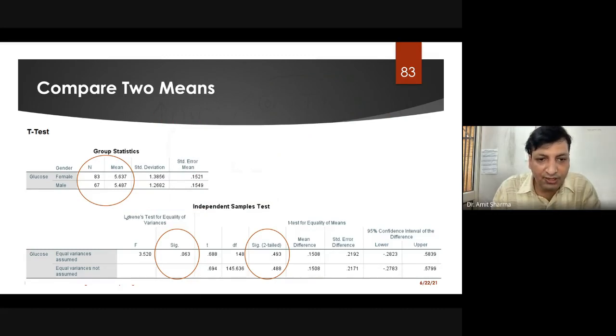Now, the Levene's test results. What is it showing? It is showing a significant value which was found to be 0.063. We have a 0 here and we have a point. Maybe you are not able to see it on the presentation, so I'll just mark it. Now this significant value is not the significant value of the independent sample t-test. It's the significant value of Levene's test, which represents equality or not.